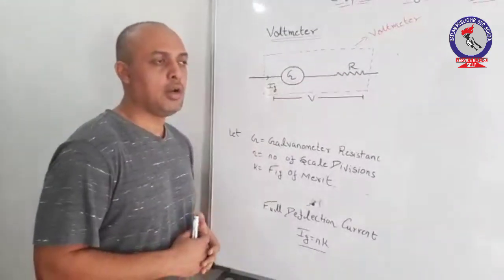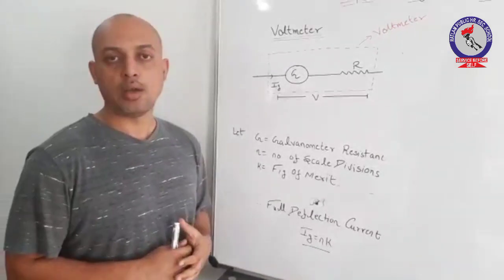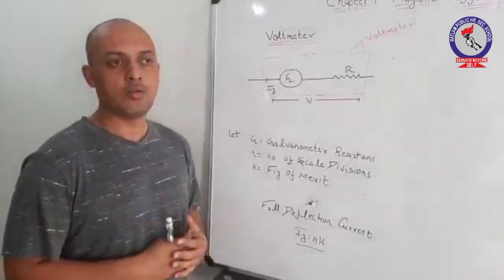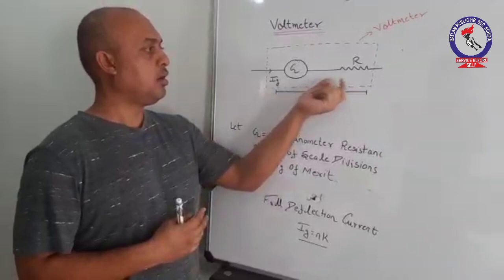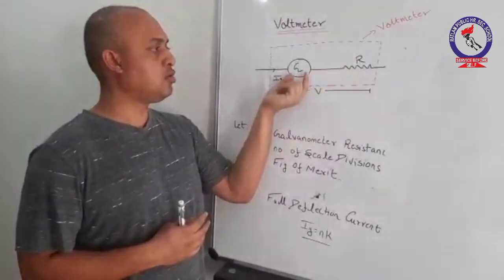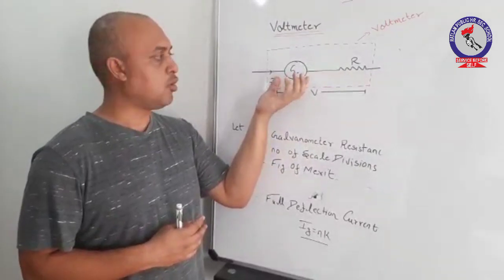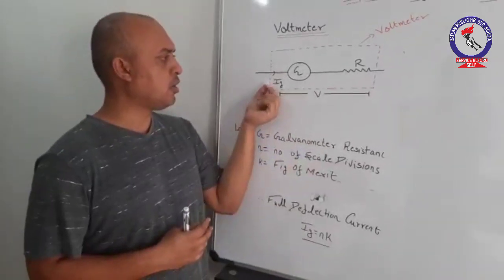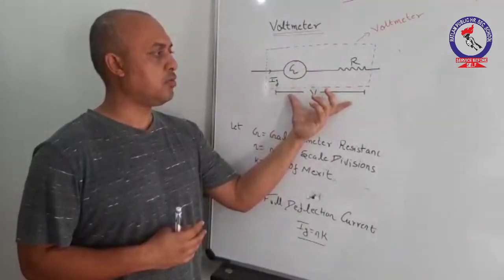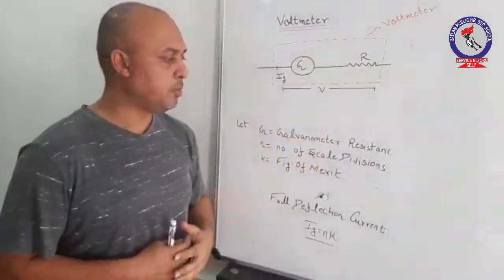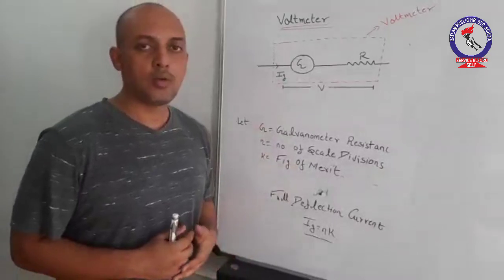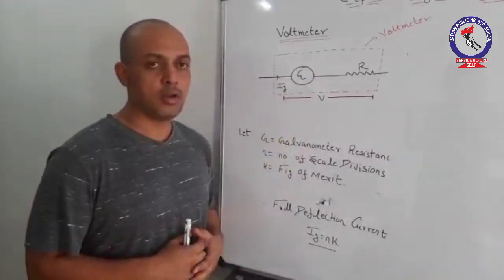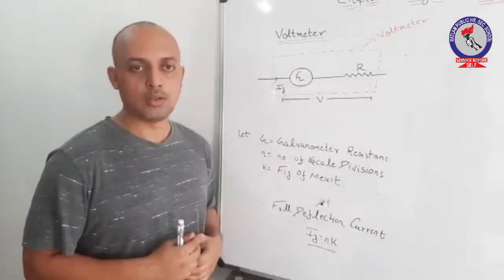As I have just said, a voltmeter is a high resistance galvanometer which is used for the measurement of potential difference across any device. We can make a voltmeter by connecting a high resistance in series to this galvanometer. The combination of the two gives rise to a voltmeter. Let us suppose Ig is the magnitude of current which is flowing through it, and V is the potential difference developed across the combination, that is the voltmeter. In this concept, we need to calculate the high resistance which is connected in series with this galvanometer in order to convert it into a voltmeter of desired range.